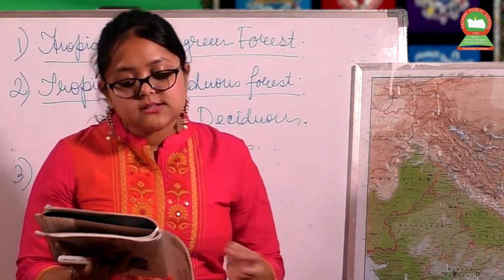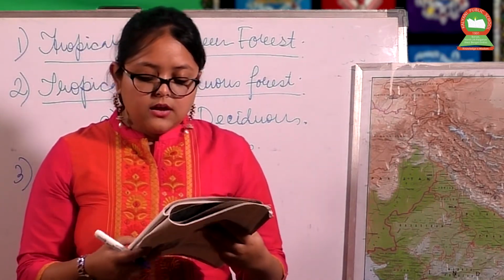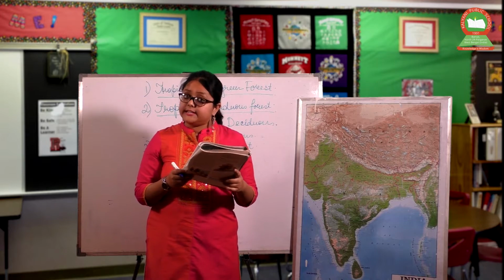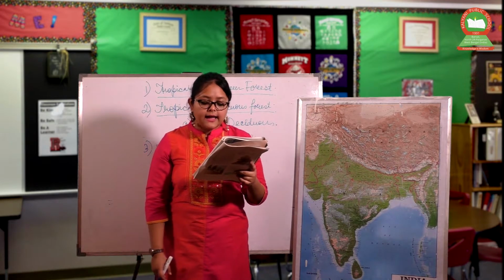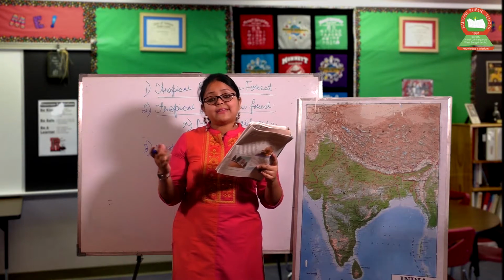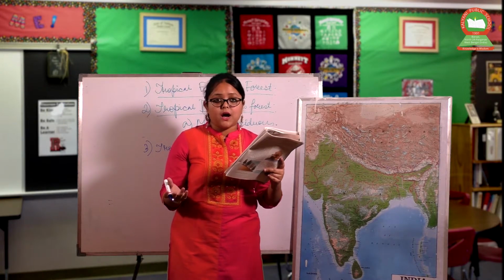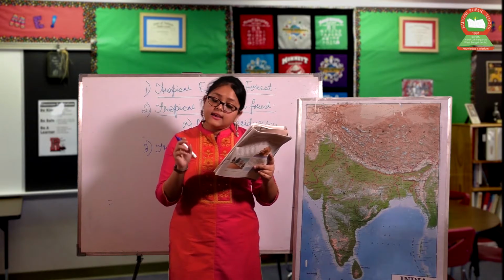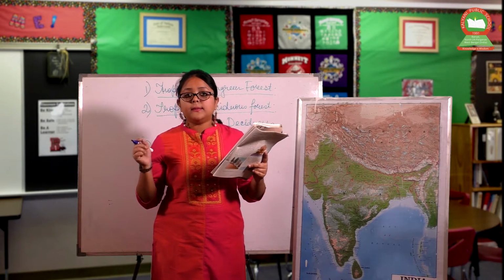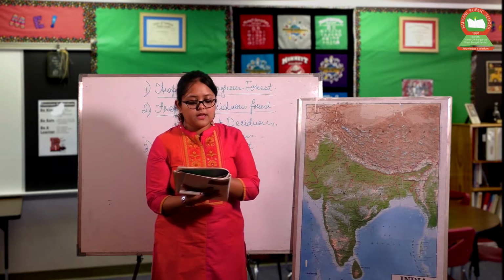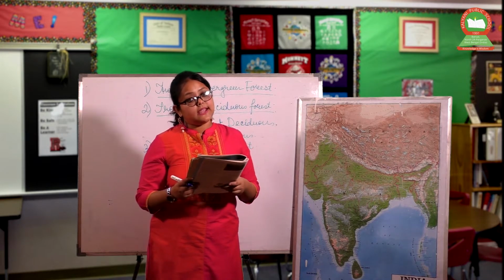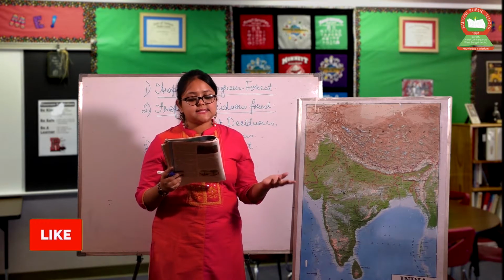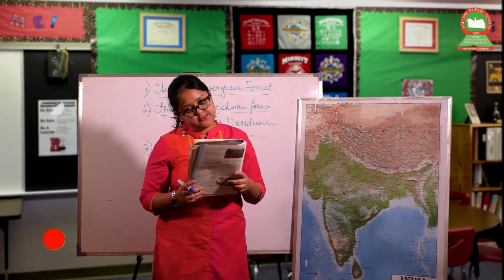Now what are the features of tropical thorn forest? Tropical thorn forest, or the other name, desert region. Less than 70 centimeter of rainfall should be there, and many thorny plants like cactus, acacia, date palms, etc. we can get. Bushes are also there. These leaves are thick and small. Why? Because to minimize evaporation. Next, what are the animals we can get in these forest regions? The animals are rats, mice, rabbits, fox, wolf, etc.